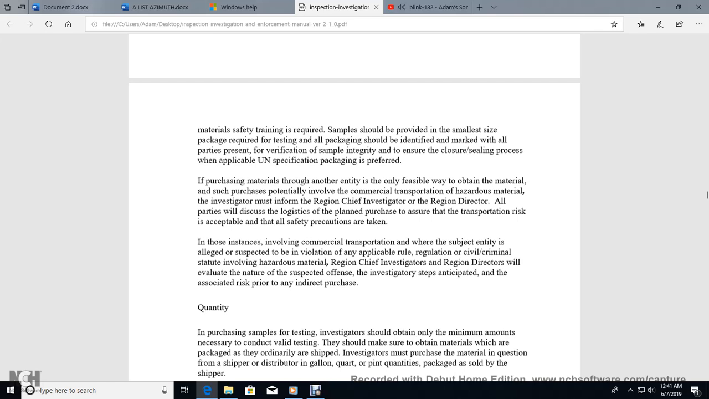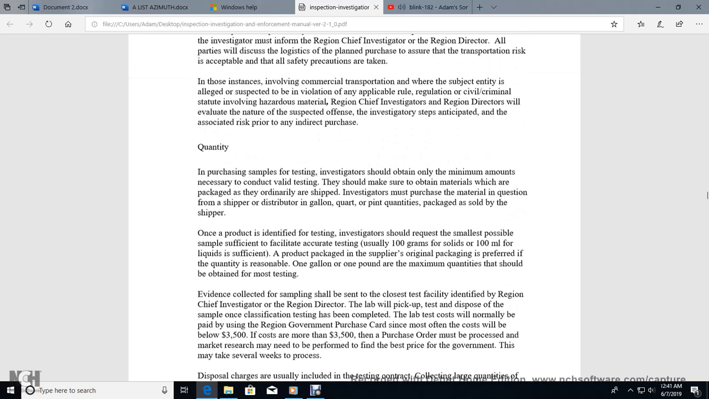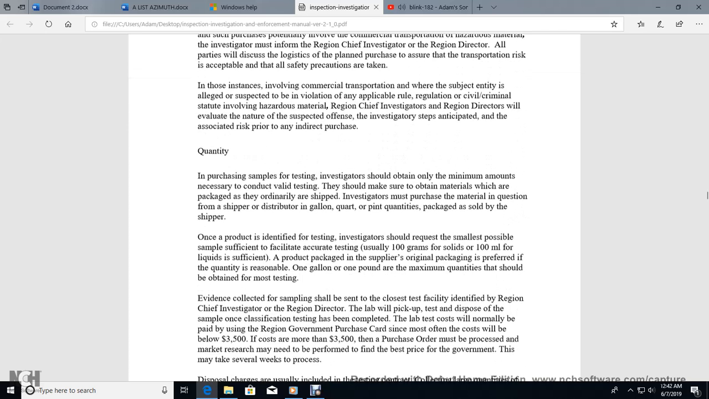chief investigator and the regional director. All parties should discuss the logistics plan for the purchase to ensure the transport risk is acceptable and that all safety precautions are taken in this instance, where commercial transportation is involved. Where the subject of any alleged or suspected violation is subject to applicable rules, regulations, or criminal statutes involving hazardous material regulation, the regional chief investigator and regional directors will evaluate the nature of the suspected offense, the investigator's steps, and anticipate the associated risk